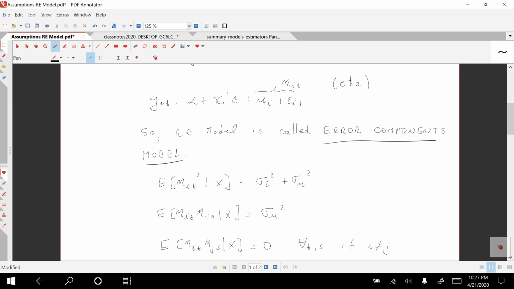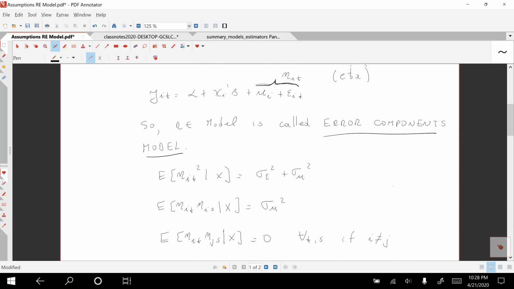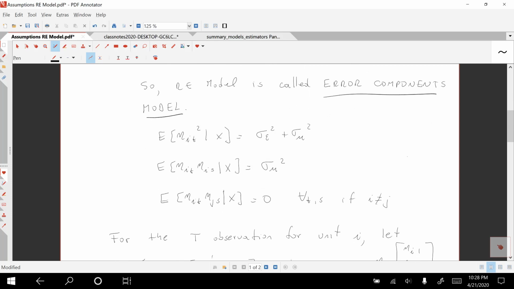You can think of this composed error term eta as the sum of the idiosyncratic errors and the individual level errors. So that's just one error term, and the variance of that combined error term is going to be